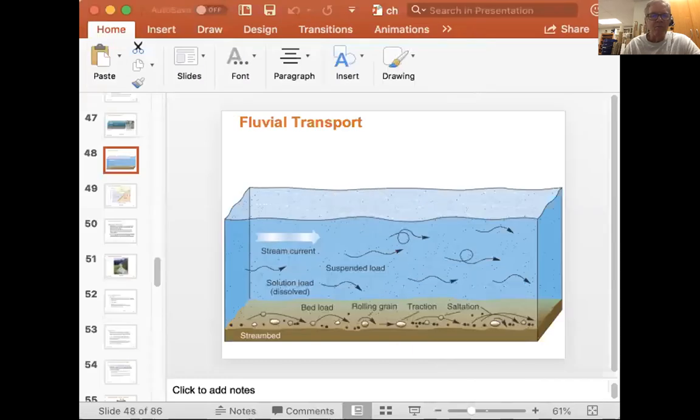Okay, so let me go over. Watch that animation in the weekly module on stream transport of sediment, and let me show you that image from the text one more time. And again, note that